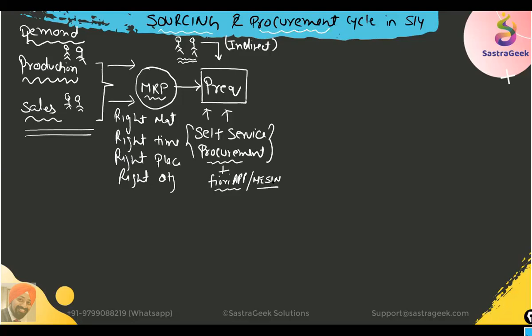Guys, it is not mandatory to have a material or a supplier in a purchase requisition. It can be generated without it. Although if it is generated through MRP, the minimum is that the material should be there, otherwise planning would not happen. But if it is created manually, the material can be blank. It can be a text material, and the vendor can also be blank. In the same way, a purchase requisition from MRP can also be created without a supplier. It's just a demand. Who will fulfill that demand? That is the part of the procurement team. They can decide who would be the right vendor to get it supplied.